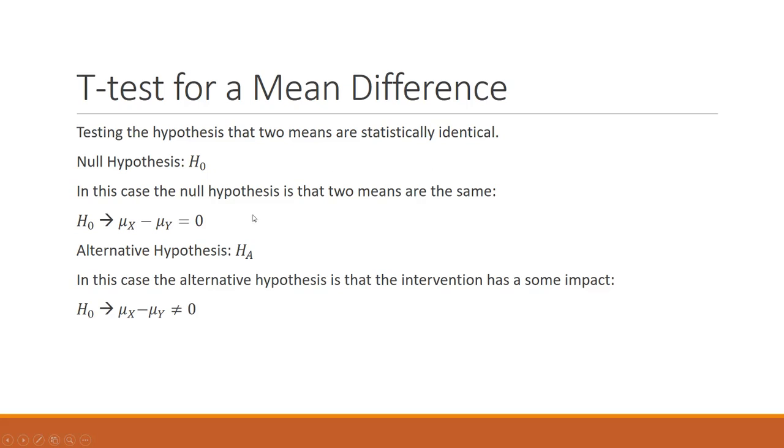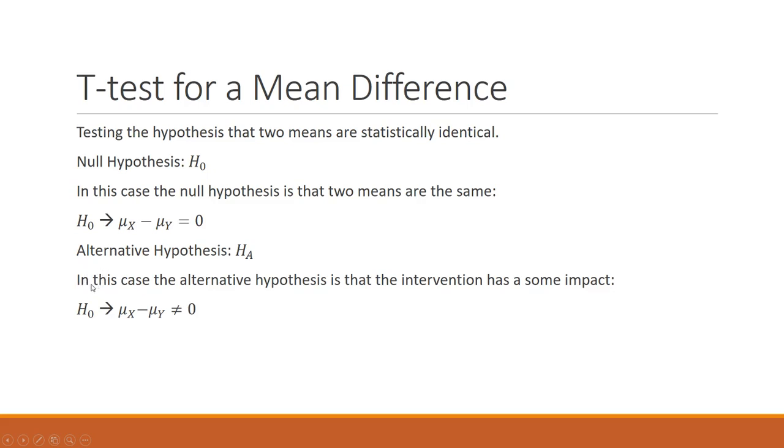All right, that's our null. That means there's no difference. Our null hypothesis is that the average income for people that have finished high school minus the average income for people that haven't finished high school equals 0. That's our null hypothesis. Our alternative hypothesis in this case is that